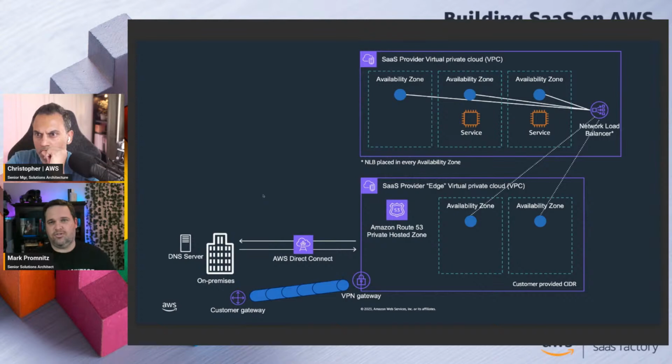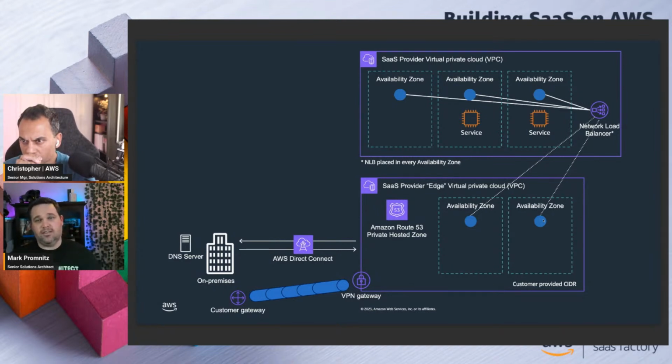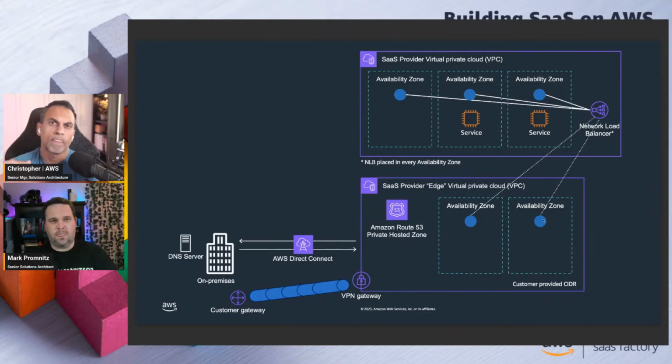As the SaaS provider, you stand up and you run SaaS provider edge VPCs. It's really easy for you to template these out and have them available, have them work in with your existing environment. And essentially, it's the same picture here, right? It's the same model around how we have our service. We have our network load balancer. We're deploying it into the availability zones. But essentially, you're managing and you're running this, right? The difference being that when you spin it up, you ask your customer for what's the IP address range? What's the CIDR range you want us to use for this VPC? So that they can route to it and it just becomes an extension of their network.